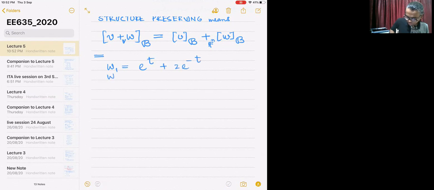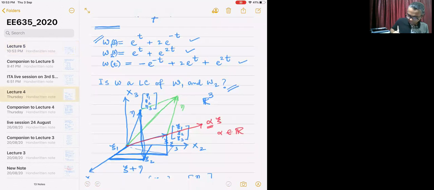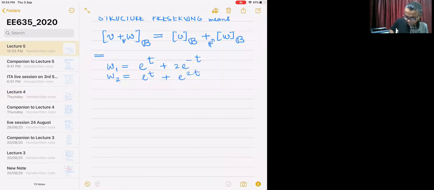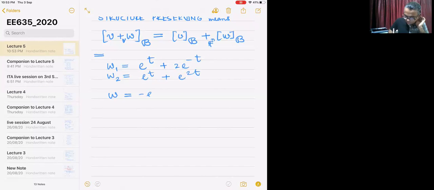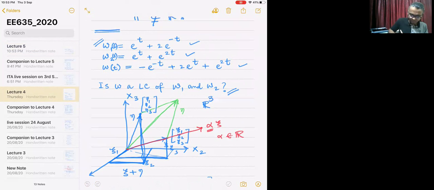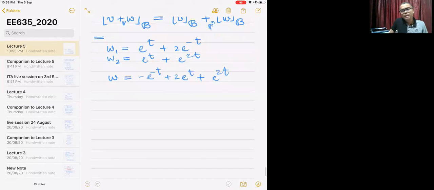Then I had w2 which was e to the power t plus e to the power 2t, and then I had a vector w which was minus e to the power minus t, 2 e to the power t, and e to the power 2t, that is, minus e to the power minus t plus 2 e to the power t plus e to the power 2t. I think that was it. Yeah, that's it. So these three vectors, and I had asked the question: